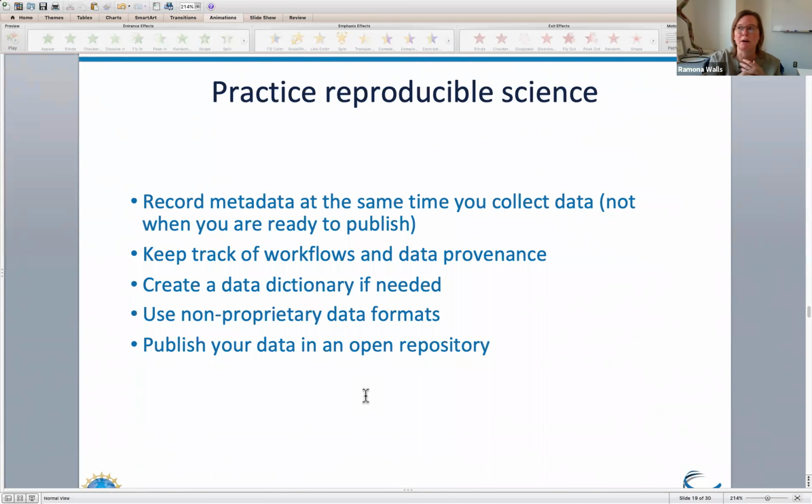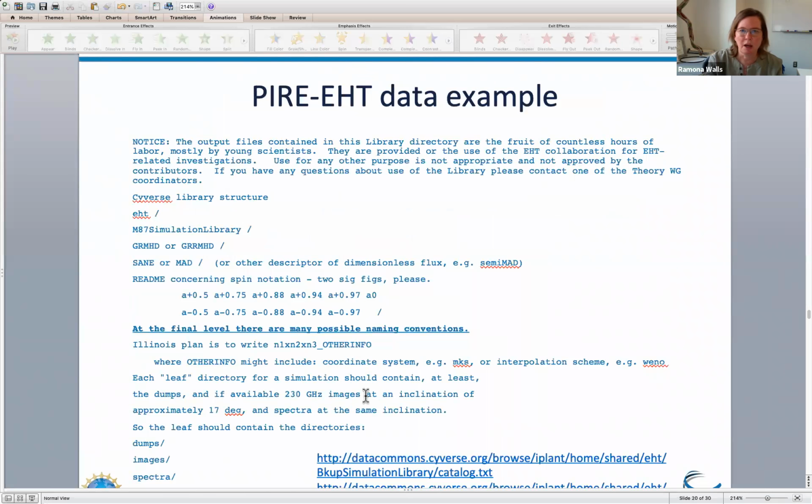I know that a lot of the PIRE data may not be at the point where you're ready to publish it yet, but when that time does come, putting it up on your server at your own institution is not an open repository. It doesn't have a permanent identifier. It doesn't have standardized metadata. It does not necessarily have a standard access protocol. And so working with a trusted and open repository is really the best way to make sure that your data is out there and FAIR and available for reproducibility. So I'm going to take a quick break here, have a drink of water,